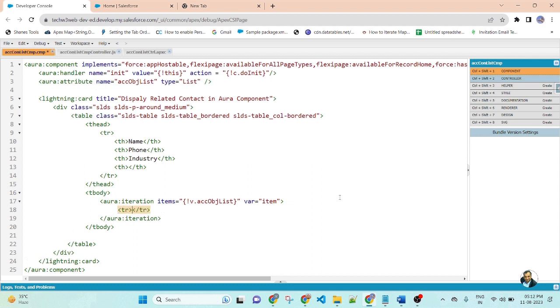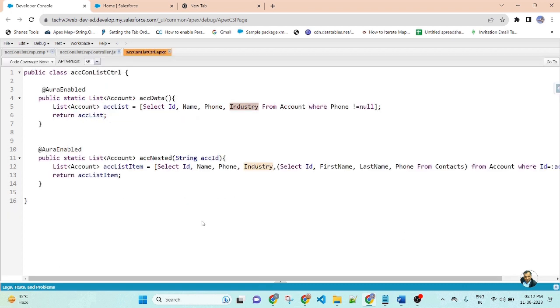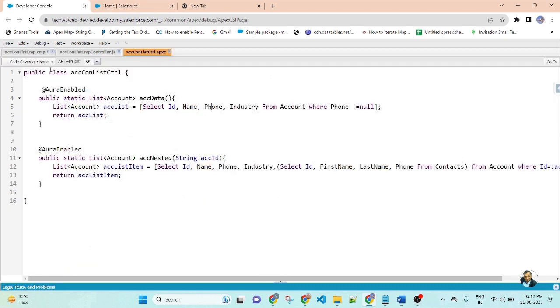Here I will create TR, TD. Here apply, first it will display name: item dot name. Then phone.